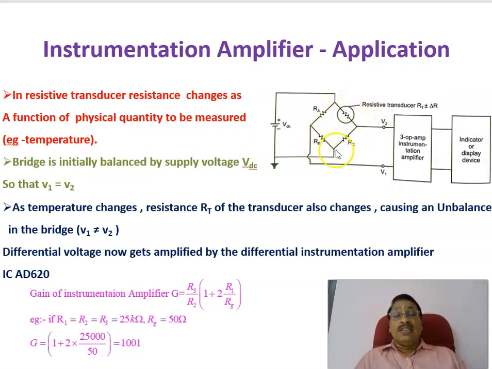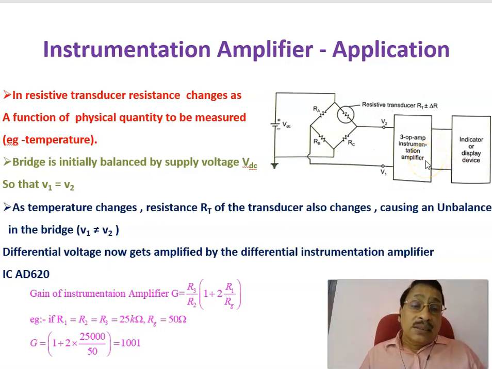If you consider a Wheatstone's bridge here, as temperature changes, this arm resistance changes. Initially assume that it is in a balanced condition. As the temperature changes, this resistance changes, and the bridge becomes unbalanced, and then a voltage is available at the output of the bridge. This voltage is given to an op-amp instrumentation amplifier, which we have already discussed. This voltage is amplified and given to an indicator or a display device. That is the block diagram of an application of